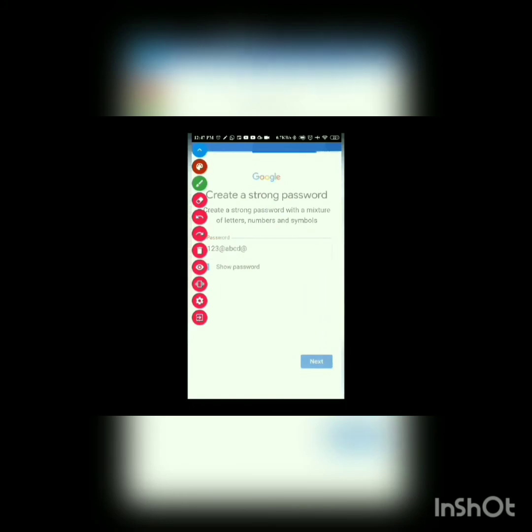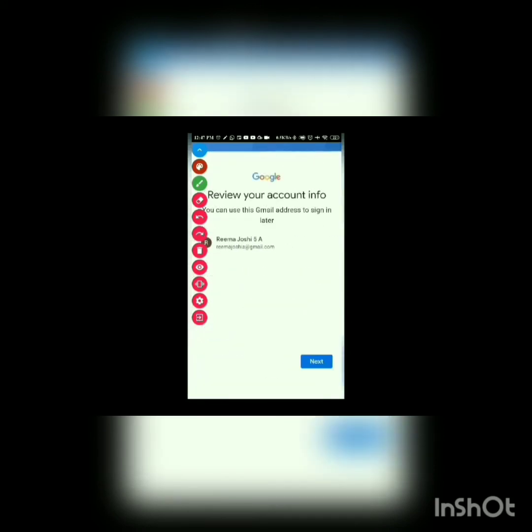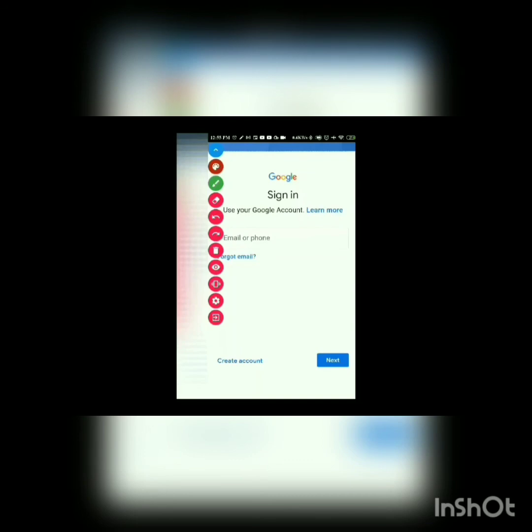Okay. Now it will ask for a few permissions. So read and click yes, I am in. This will create an email ID for your child. Okay, so now this is the email ID of your child. Now you may exit from this page. Now the account is created. You may exit from this page and come to WhatsApp. Okay, here on a daily basis you receive a link for the Google Live class, right?